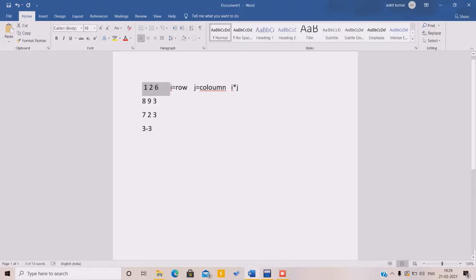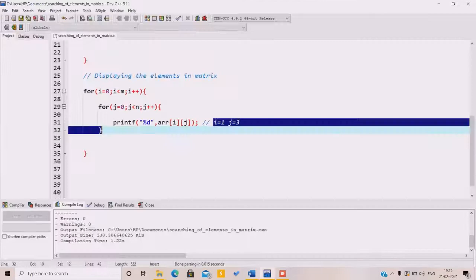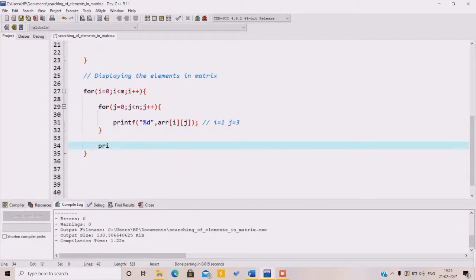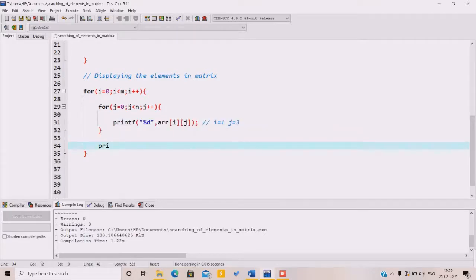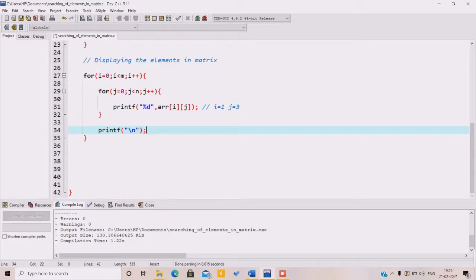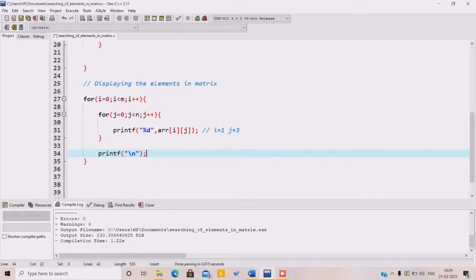If the second row is completed, then we generate a new line, so that the elements are input in the form of a matrix. So every time it comes to this for loop, we have to generate a new line. So printf, for this printf, is for generating a new line every time. So we complete the process of displaying the elements in the matrix, and now the task is to